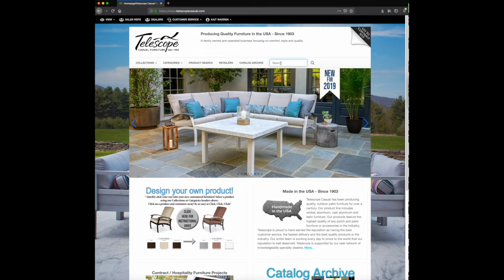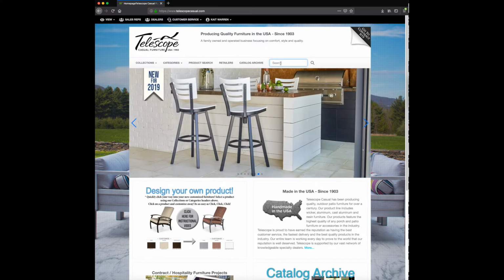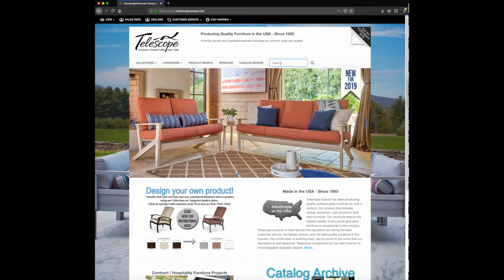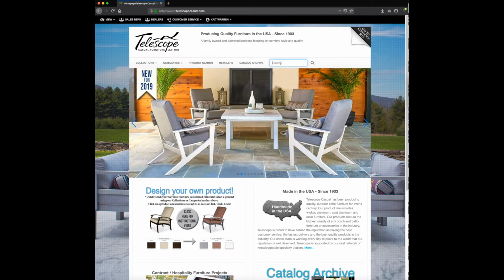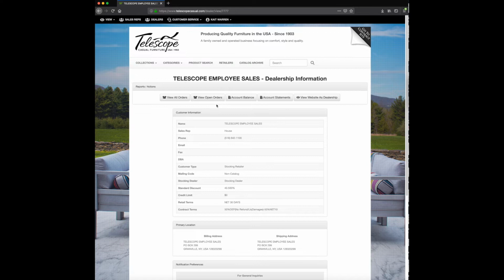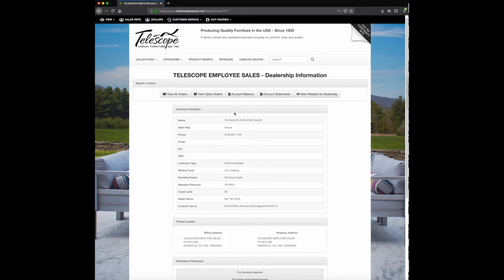So in the search bar, when you're logged in as a dealer, you can use the search bar to say, I want to look for a customer number, a PO number, an order number from Telescope, or even 3 letters of your customer name. So I'm going to look for employee sales. And that's the account that I'm going to use. And here I'm finding the employee sales account. And when you look at your own, this is the only thing you'll see as a retailer. You won't have to search for your own account. When you log in, it's only going to show you exactly your dealership information,